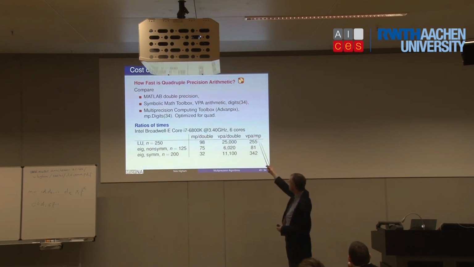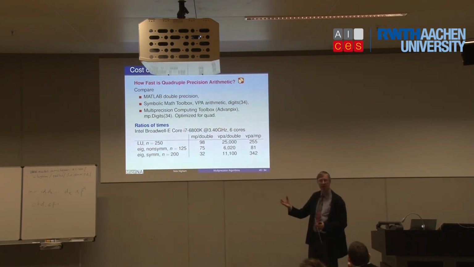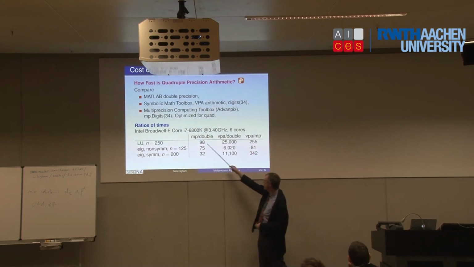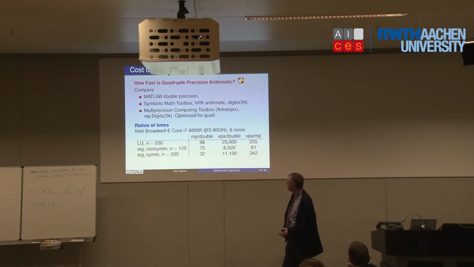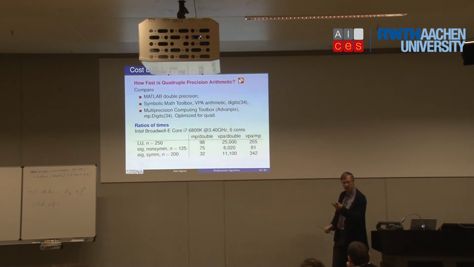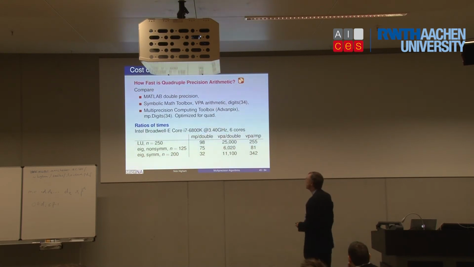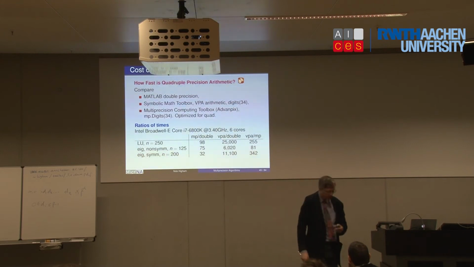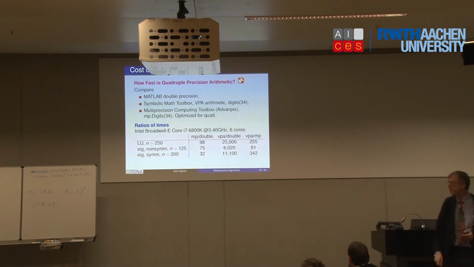So in Advampix, I know the author has gone in and optimized the LAPACK LU. He's converted it to high precision. He's made some optimizations. And he's got a fairly decent ratio here. So these are the practical ratios if you want to do a computation in MATLAB using built-in kernels. So maybe 10 to 100 times slower. And I know Advampix is optimized for that particular choice of digits of quad precision.